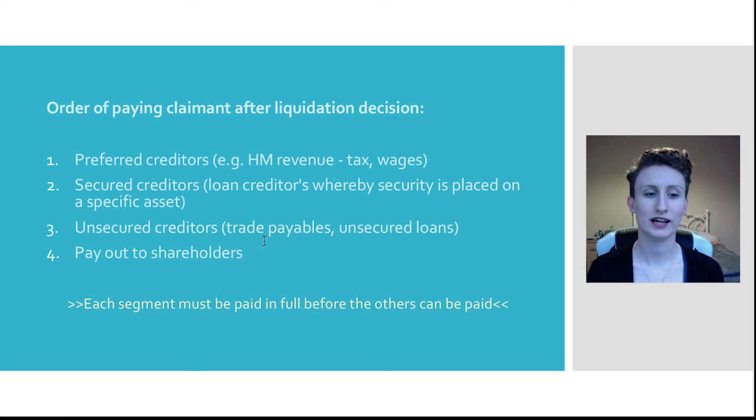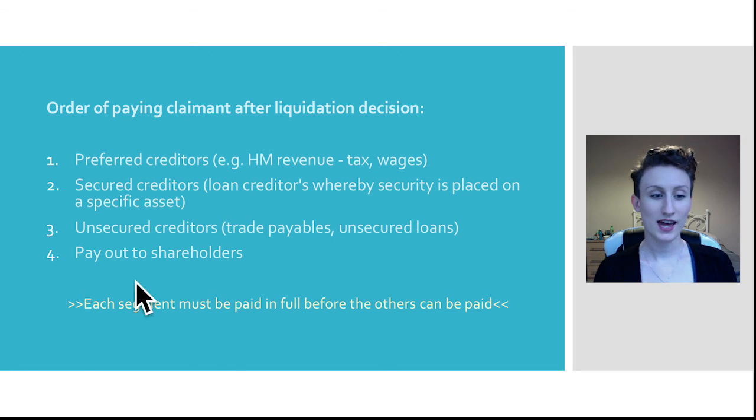Unsecured creditors will then come next. If a secured creditor has placed security on an item that isn't equal to the debt you owe them, so say a bank loaned you £50,000 and your real asset that they've put security on is only worth £20,000, then the £30,000 that's remaining becomes an unsecured loan. So these come third. They come after any secured creditors take their pickings,